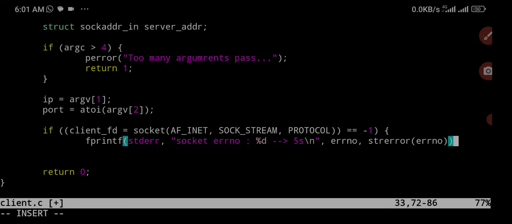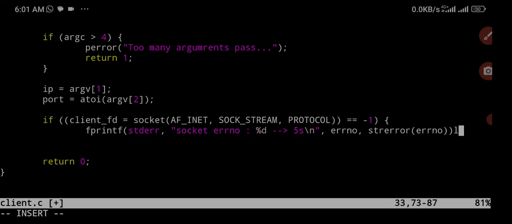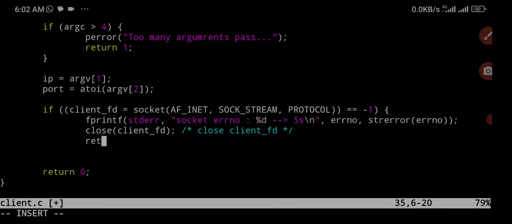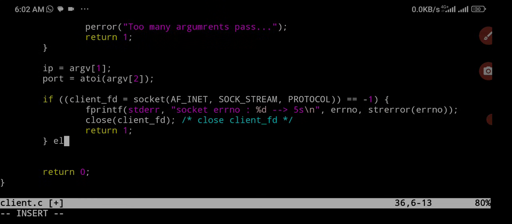We close, semicolon. Then if everything does not work well, we encounter this error, we use close to close the client_fd. I said I'll always be commenting this one, which means close client_fd. Then at the end we'll return 1, and we close this, and we close this. Else, if everything works fine,